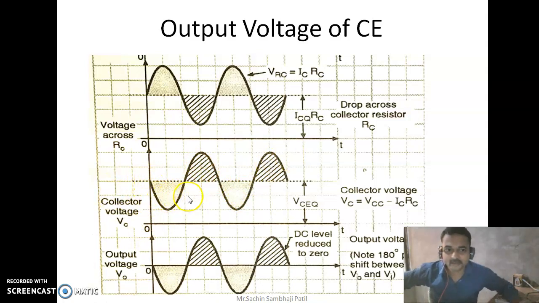It is the inverted, 180 degree phase-shifted version of the input voltage, but it is the amplified output voltage, and this is what we are getting as output voltage here. So there is a 180 degree phase shift between the output voltage and the input voltage. The phase shift takes place in the voltage only; there is no phase shift in the current. But it is the amplified output voltage. So I am very thankful for watching.